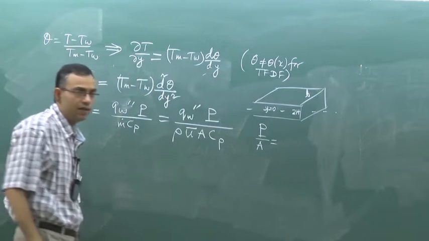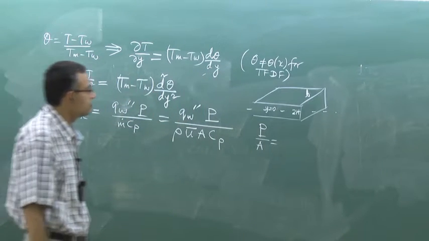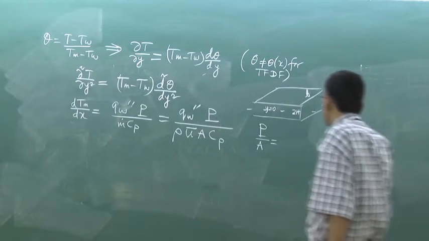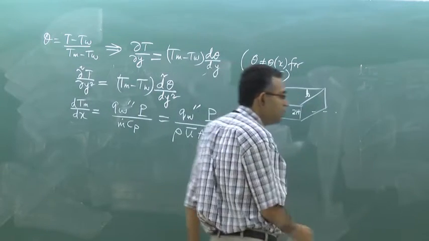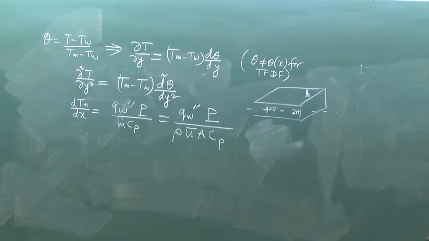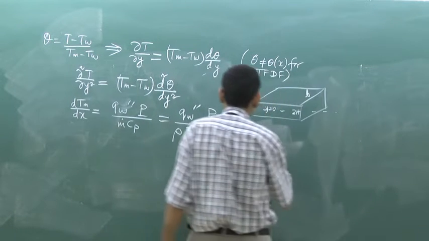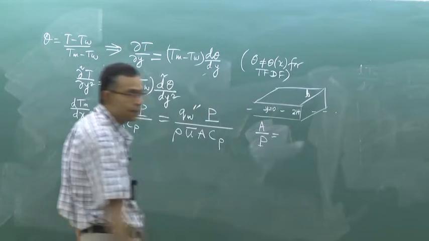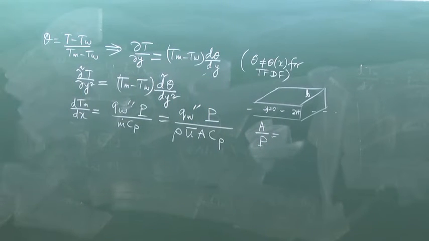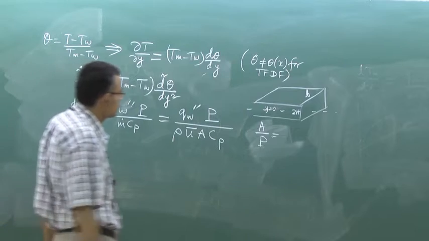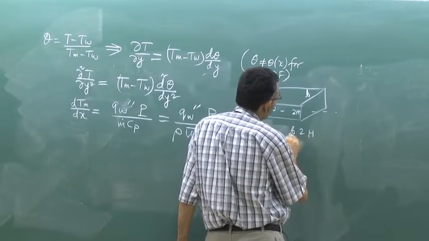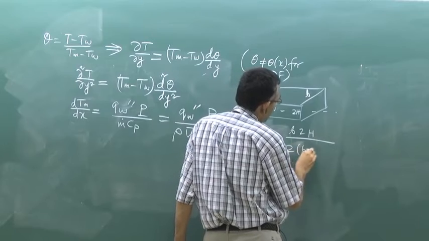Or let us calculate area by perimeter, whatever, we will invert that. Area by perimeter, what is that? B into 2h by 2 into (B plus 2h),